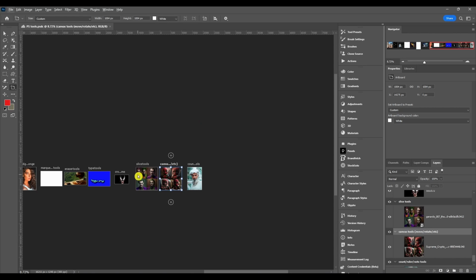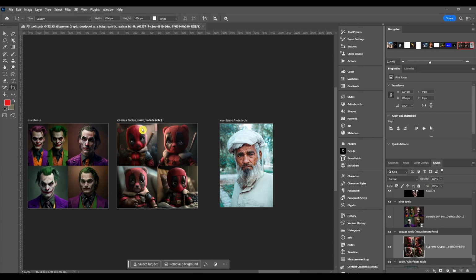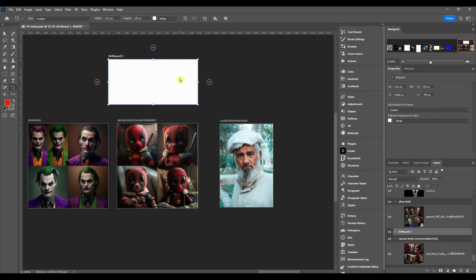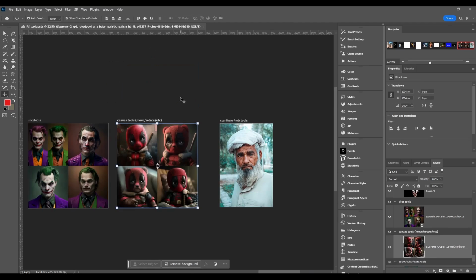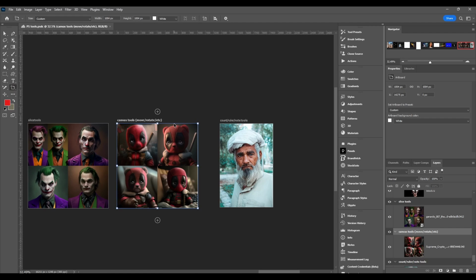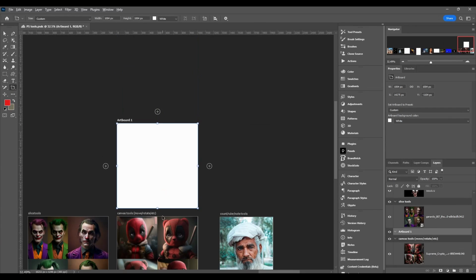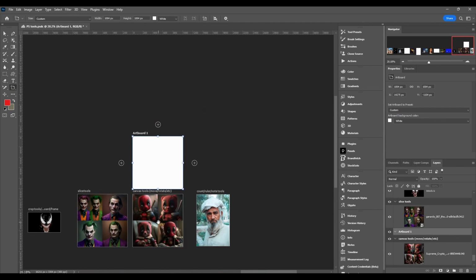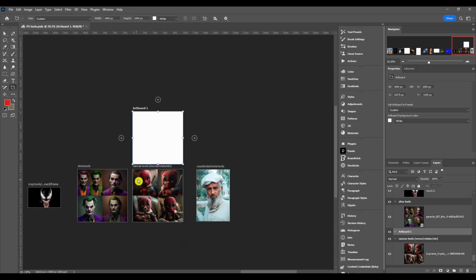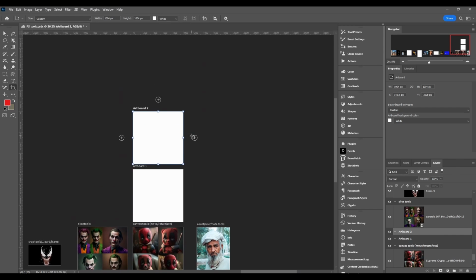So how you use it, obviously you select the tool, then what you want to do is either draw an artboard out, click and drag and let go, or if you already have an artboard, you can come around to the edge and click on the edge once, and you'll see these little circles with the plus sign. You can click on one and it'll create an exact copy of the artboard you were just on, and then you can keep creating them